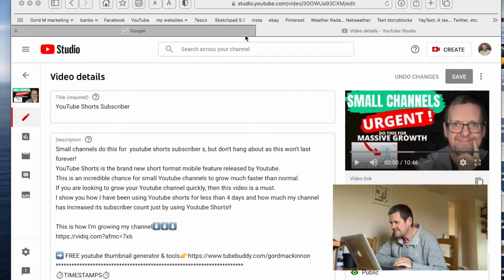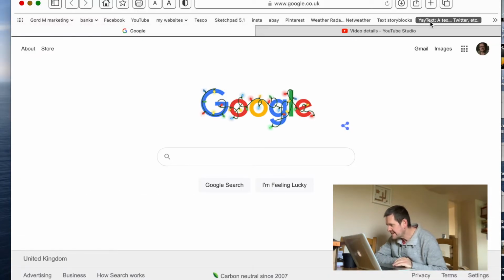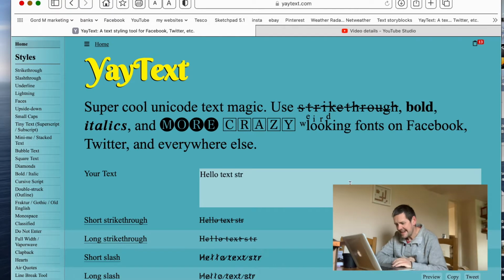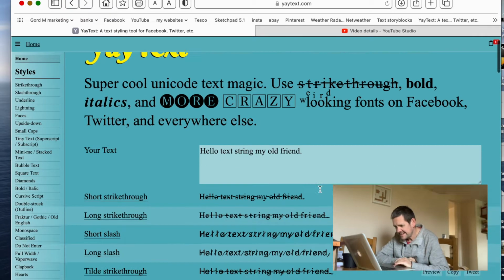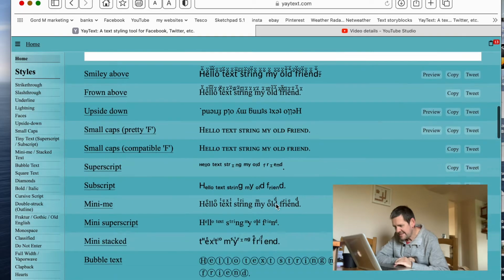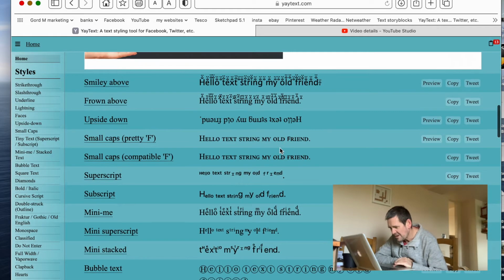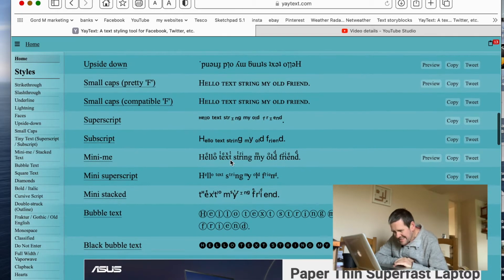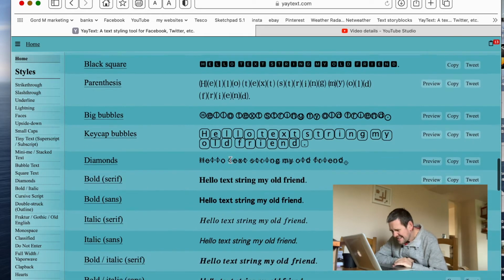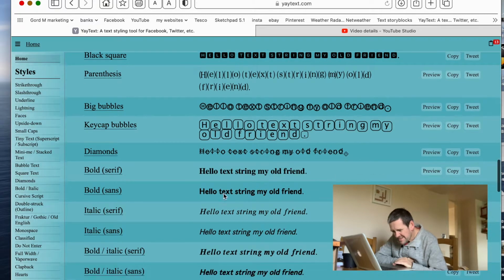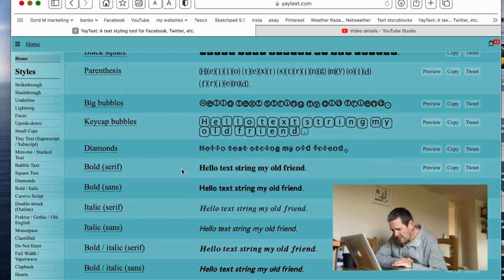So let's jump onto the laptop and I'll show you how to do this. So the way we do this is we're going to use a website called YayText, and basically you put your text in here and it allows you to copy any of these styles. Now some of them are pretty horrible looking, but this is the kind of thing we're looking at. Just a nice small caps bold or small caps compatible. There, let's have a quick look. This is quite a nice one to stand out, but we'll just go with something simple like a bold down